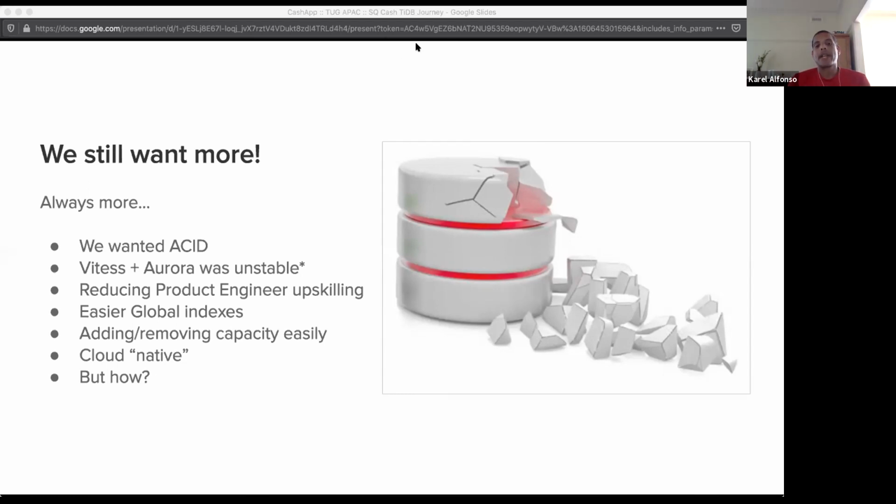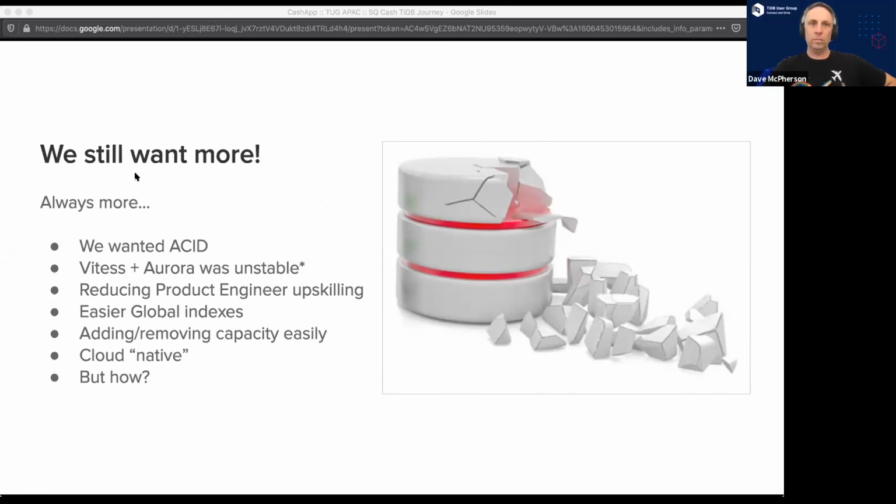We also found that, on premises, most of our product engineers have to have strong knowledge of the fact that the database we're working with was sharded. And this implied not only configuring the sharding tables that they were using in their applications, but also knowing the type of queries and whether it was going to lead to cross-shard transactions or cross-shard queries, which in certain paths of high load were a problem.